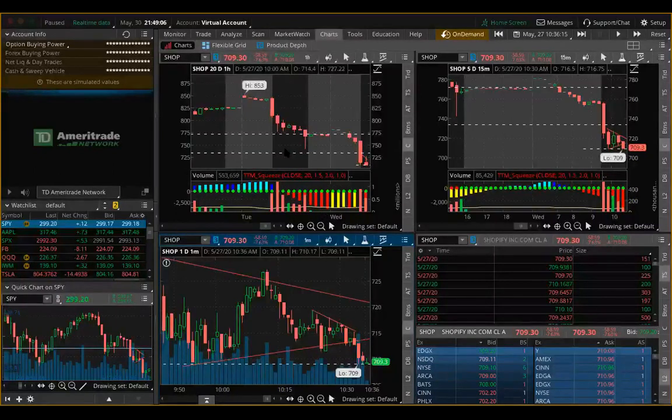Breakdown, right? Don't be so caught up in your conviction though. We have a good idea of where it could go, but we want confirmation from level 2 and time and sales. We want to know that these buyers aren't here anymore. We want the sellers to take over since we're assuming that it's going down, right? Now, let's just say that I didn't take this trade, and it doesn't break down. Let's say that it rejects. You need to have a stop loss in mind if you did hop into that trade. That's why we're waiting for a confirmation, right?